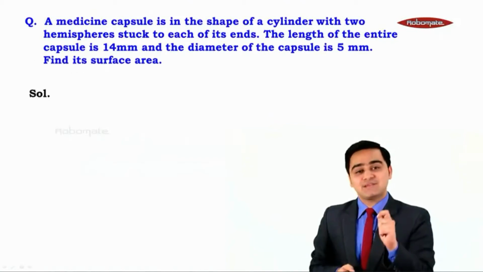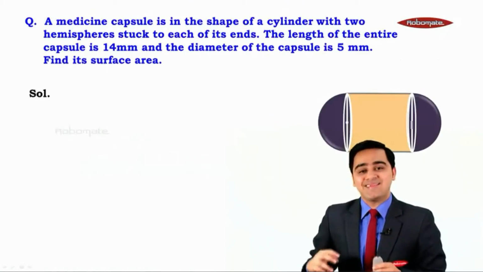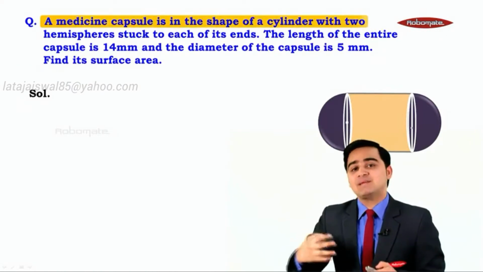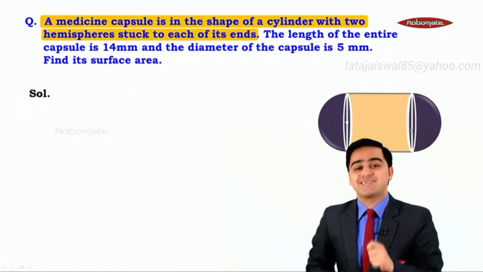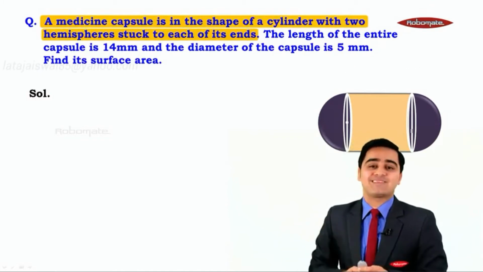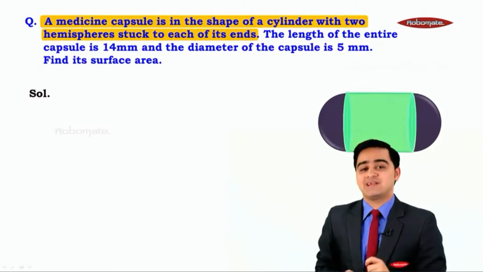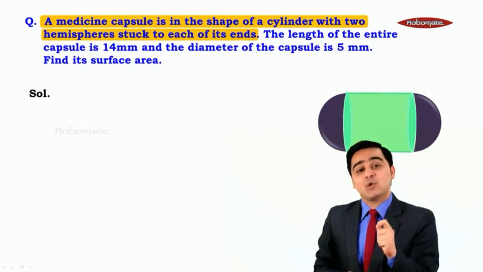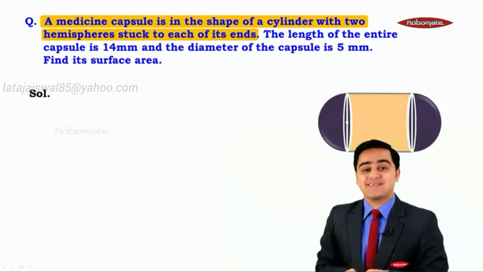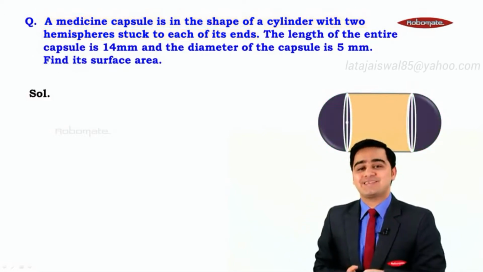in front of us. It is supported with the figure also. Let us understand the question with the help of the figure. It says that a medicine capsule is in the shape of a cylinder with two hemispheres stuck at each of its ends. We have a cylinder. The cylinder is stuck with two hemispheres at each of its ends, and the resulting figure we have is a